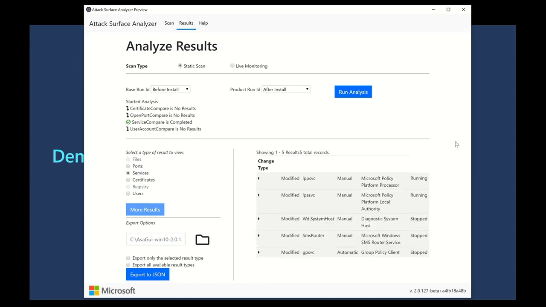Okay. So for this demonstration, we're not going to go through and evaluate the changes. We're just going to point out that having this information allows you or your IT security administrator to look over what the software is doing and determine if anything needs to be done to secure your system after the software has been installed. And the other thing I wanted to point out is that you do have an export option here below where you can select a folder and export those results. Continuing on then,